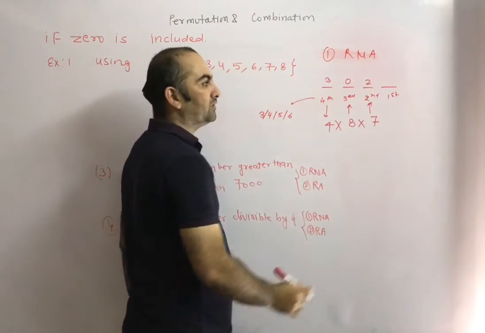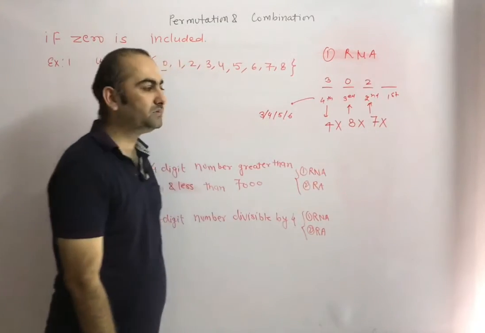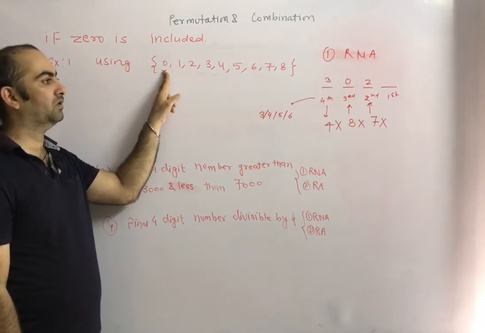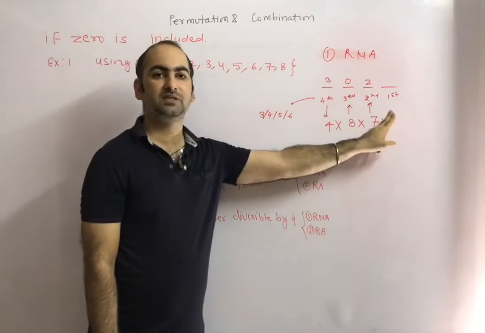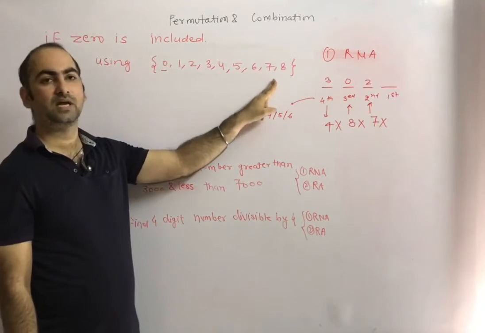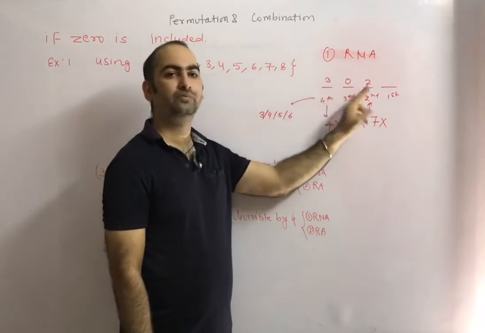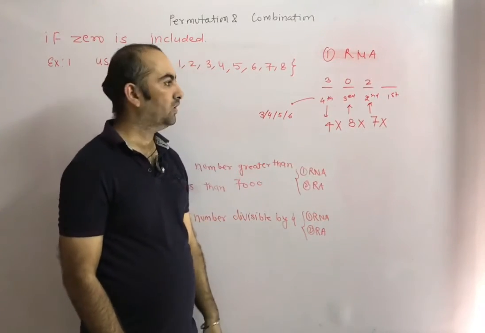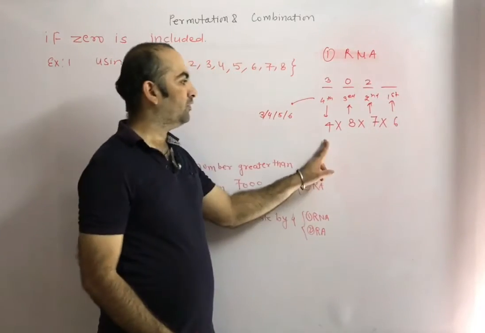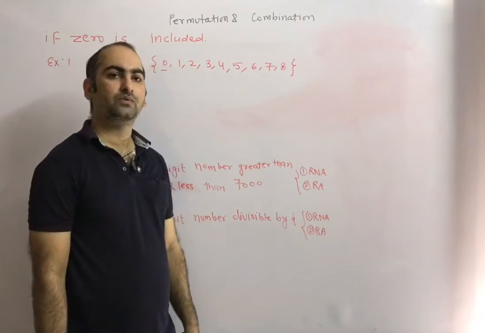Okay. Now you have to fill first place also. So what you have to do? Multiplication. Okay. Now 3, 2 and 0 we can't repeat again. Okay. That means for filling first place, how many choices do we have? Either we can put 1, 4, 5, 6, 7, 8. Okay. Out of 9 numbers, 3 numbers we can't put. 3, 0, 2 we can't put. So remaining is what? 6 numbers. Okay. For filling first place, how many choices do we have? 6 choices. So what is the answer? 4 into 8 into 7 into 6. This is your answer.